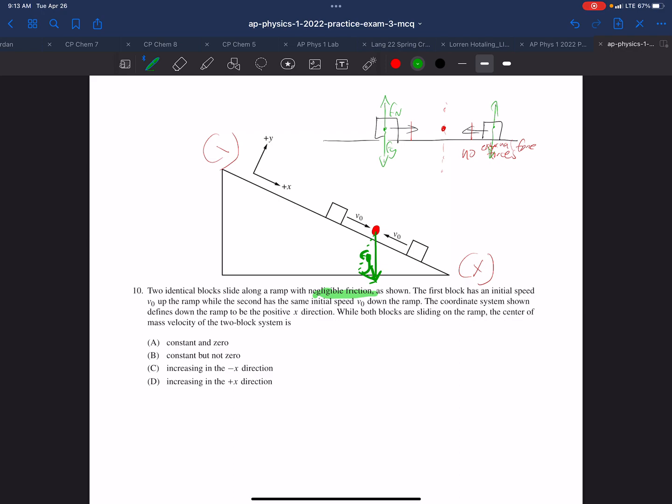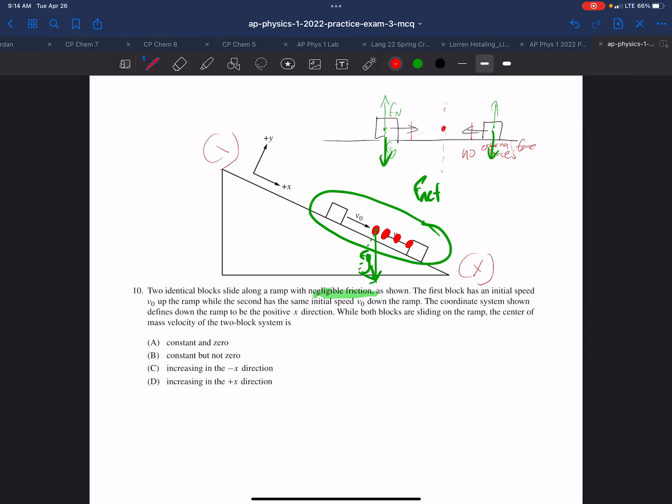So while, if there were no gravity, the center of mass would remain the same, because there is an external force acting on this system, an unbalanced force, a net force, acting on the system. Now, gravity in the flat system, remember, is balanced. Now that we're in this system, it is no longer balanced when it's at an angle. So there's a net force on the system, and the center of mass of the system will